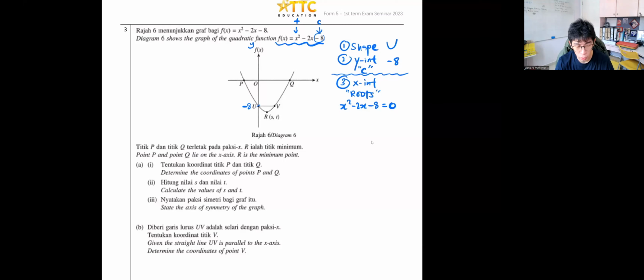Okay, let's go into your proper calculation on how to type into the calculator to get the root answers. Get me the 2 roots. Go, go, go. So 1, -2, and -8. Boom. So I get what? Yes, I just write for fun that 2 brackets: x equals 4 and x equals -2. I write it here for fun, only for fun. Okay, so once